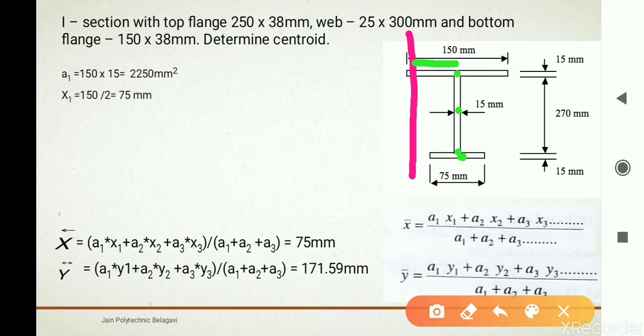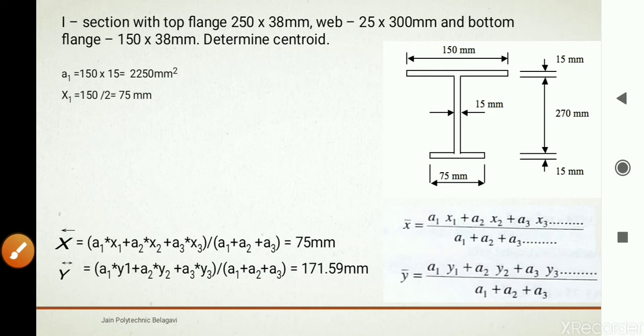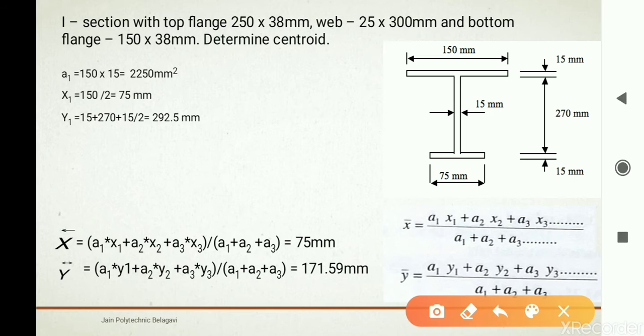Now coming to the calculation of y1. Y1 is taken from the CG of section 1, that is 15 by 2 plus 270 plus thickness of the bottom flange, that is 15. You will get 292.5 millimeters.